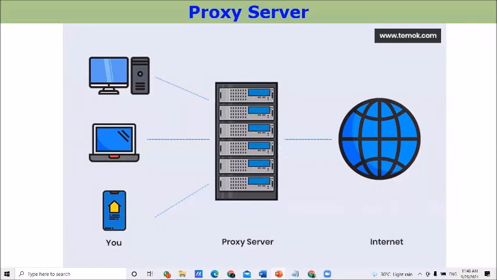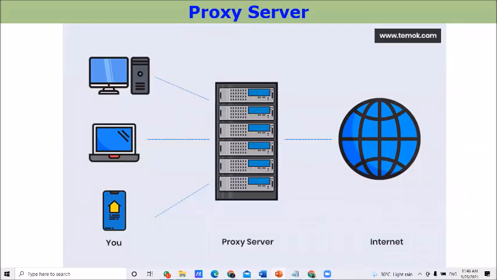The proxy server has a filter system. Right? Through this filter system, it will be able to identify unnecessary websites. If the proxy server feels that a particular URL contains unnecessary things, then what the proxy server does is block the URL. Therefore, these days it is especially important to have a proxy server for your home computer. It will protect your children from unnecessary websites.